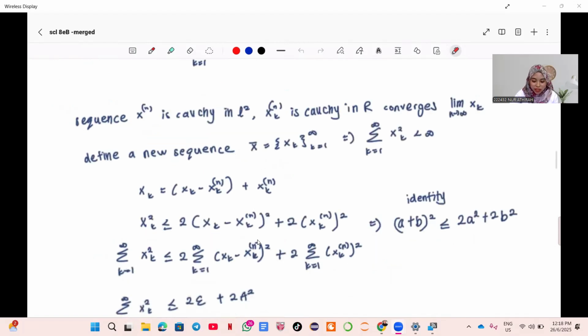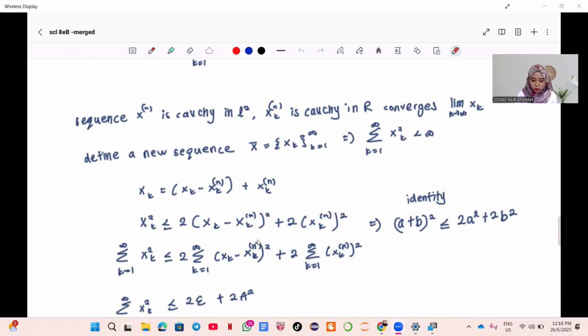Because the sequence xn is Cauchy in L2, every xk to the power of n is Cauchy in the real numbers. Then it also converges to a limit xk as n goes to infinity, and therefore this defines a new sequence x bar equals xk, where k equals 1 to infinity. Then we want to prove the summation of xk squared is less than infinity, meaning it is finite and